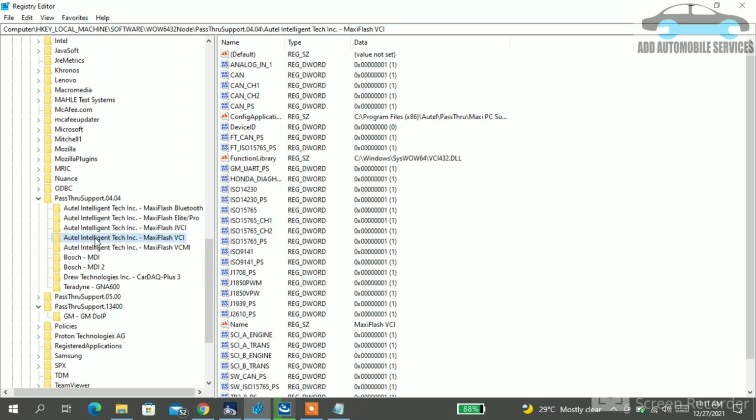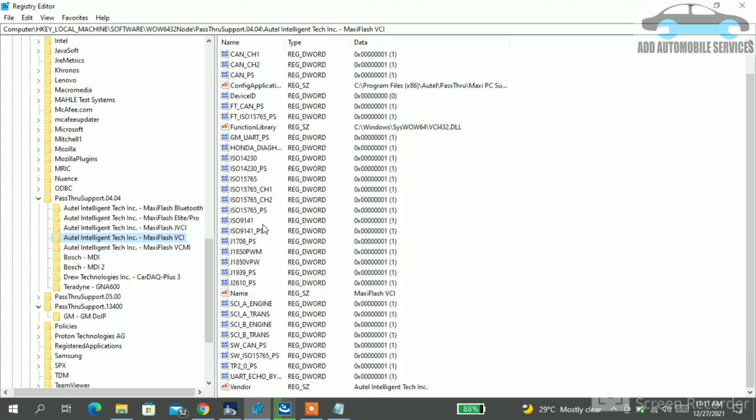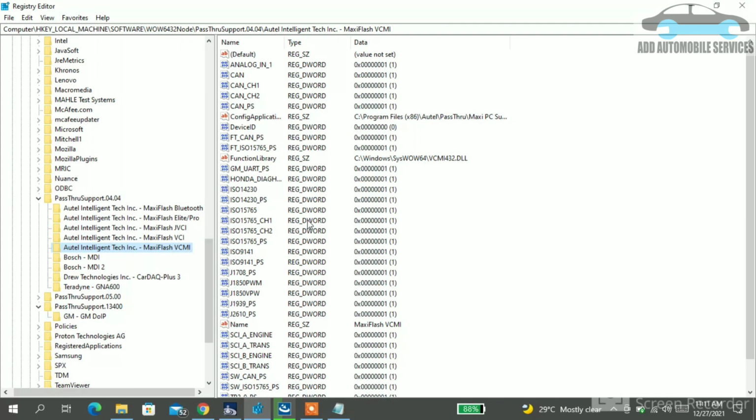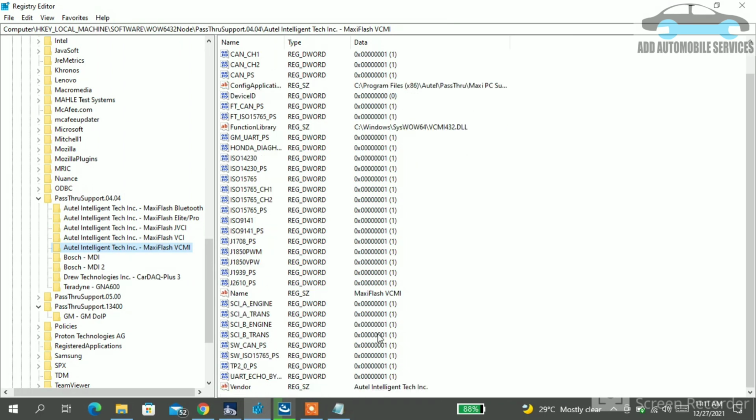So you can see the Maxi VCI, also the newer ones that they've made. You can see the kind of protocol it supports, and the VCMI also, the kind of protocol it supports. So when you watch through, you can get all the protocols that it can support. So if your vehicle is able to communicate with it with the scan tool, that means when you are using the OEM software and your device is under the pass-through device 0.4, depending on what the manufacturers are using,